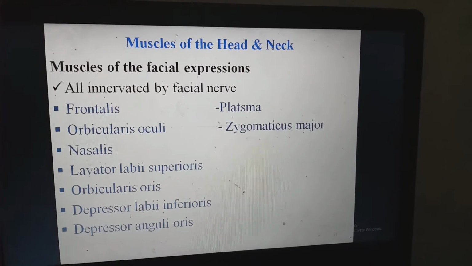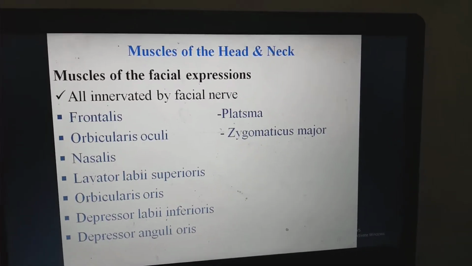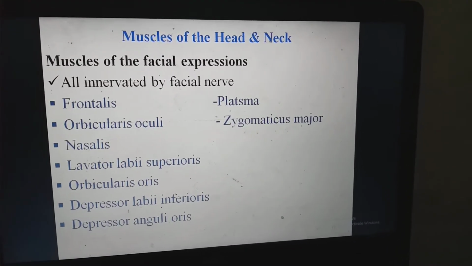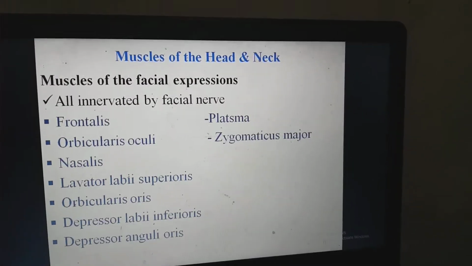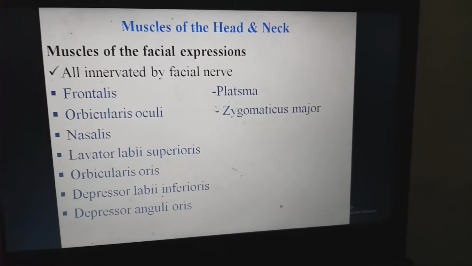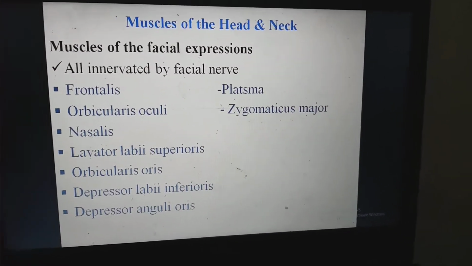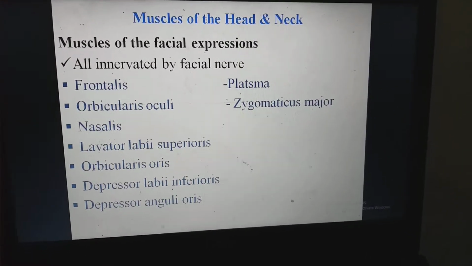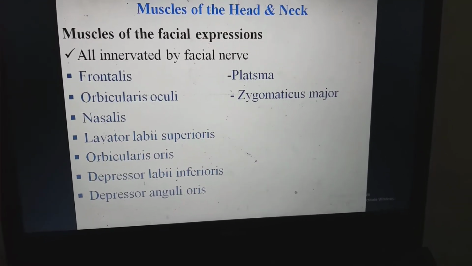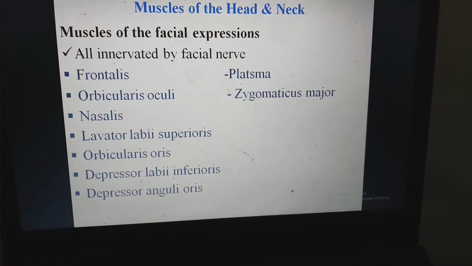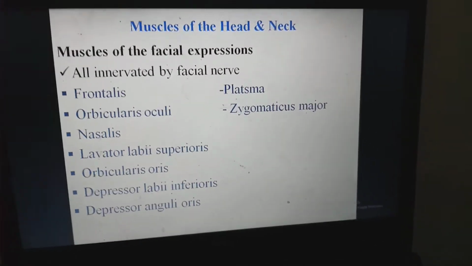Muscles of the head, in general, are muscles of facial expression. They are all innervated by the facial nerve, cranial nerve number 7. You can say frontalis, the frontal. You can move your frontal upwards, orbicularis oculi for the eye, nasalis, levator labii superioris, orbicularis oris around the mouth,